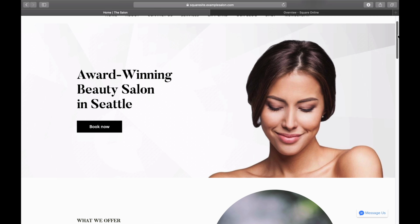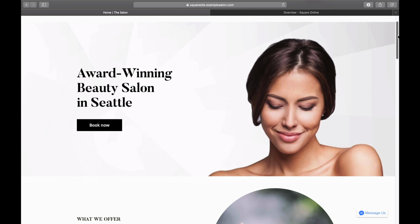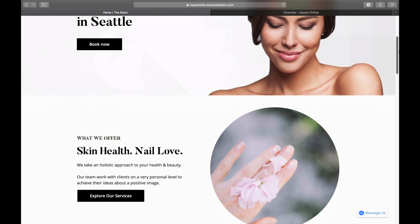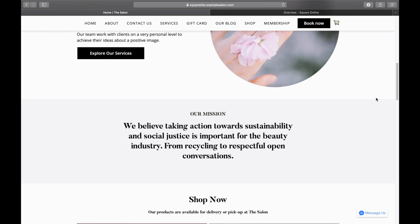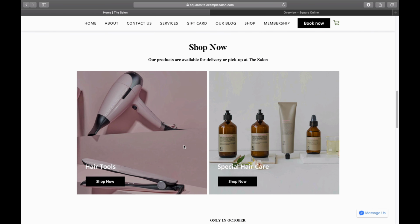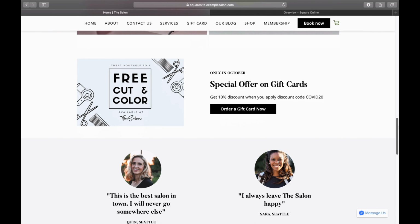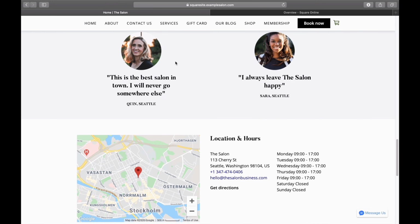So it's a beauty salon, and this is what your website could look like. Of course, it will be customized to your branding, and you'll see that as we scroll through, there are different sections. You have your mission. We have some information about what you offer. We have a shop now where you can browse product categories that you want to feature. We can promote things if you have gift cards, have testimonials, and all these things like the location and hours